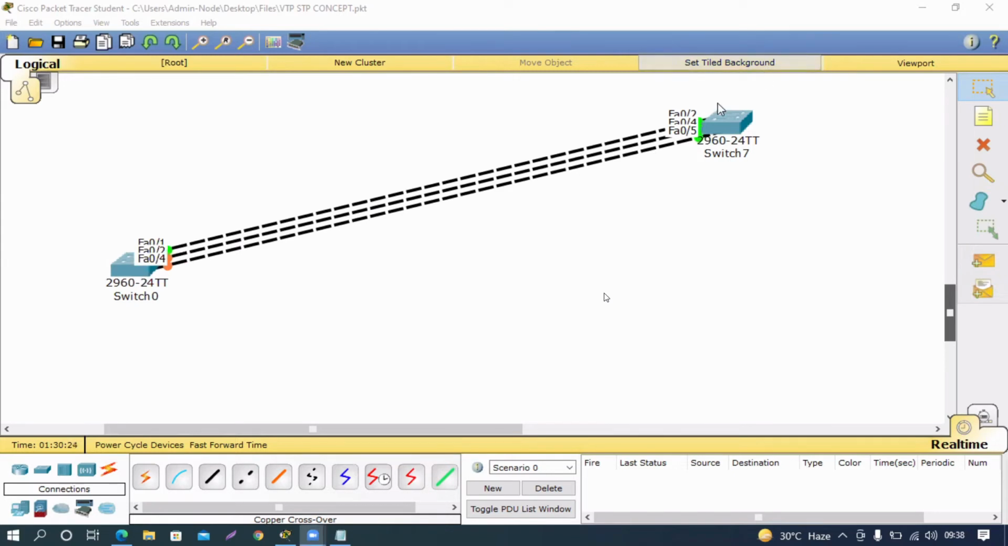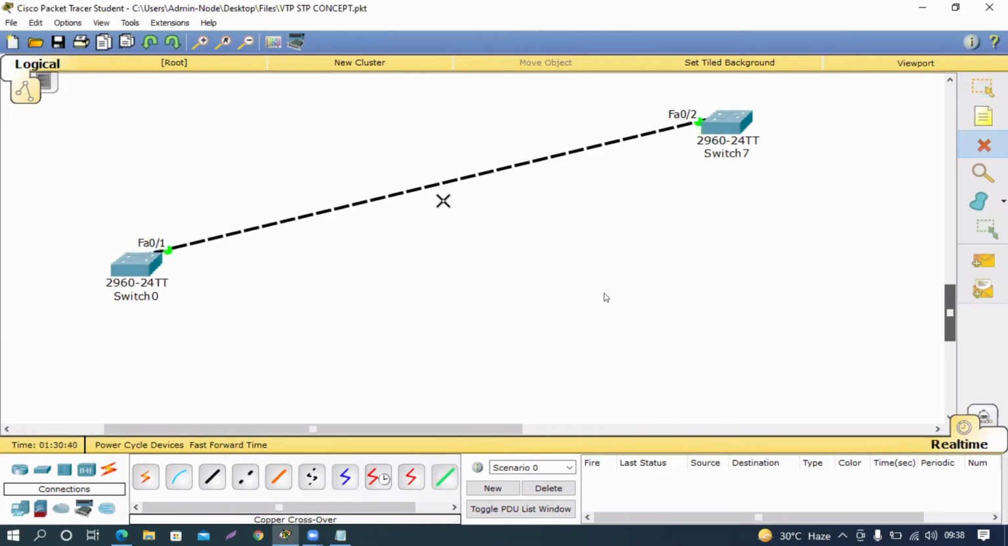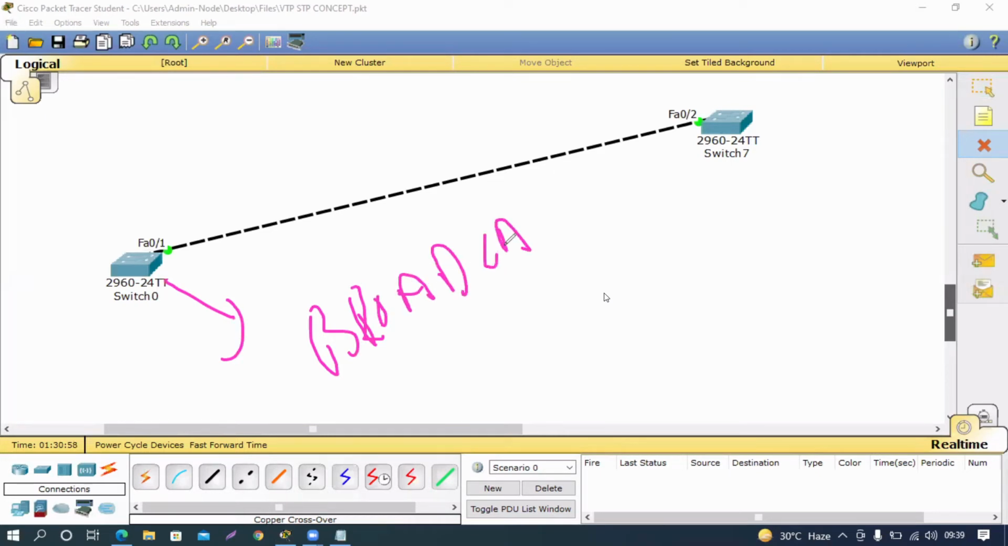And suppose there is only one link, and a broadcast frame is sent from switch 0. No loop can happen in one link. If I simply delete any of these links, let's say I delete this link, there will not be any blocked port. Why will there not be any blocked port? Because, as I have already explained, when this machine is sending a broadcast frame,